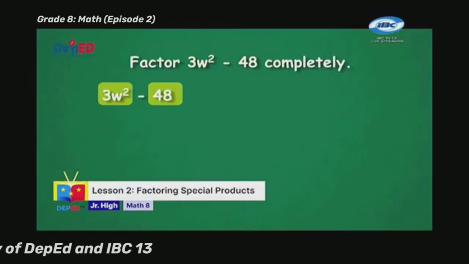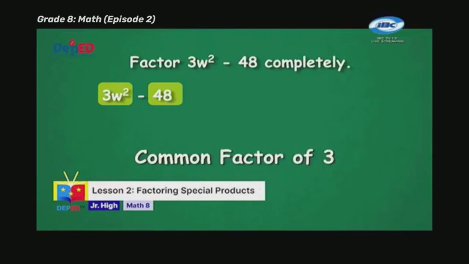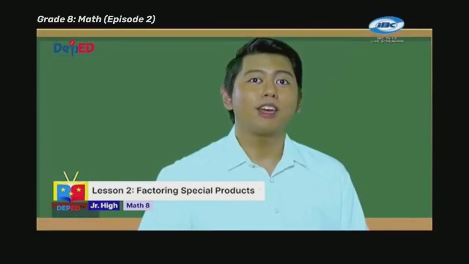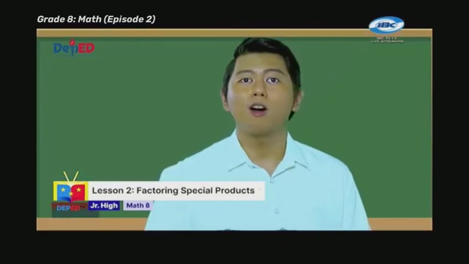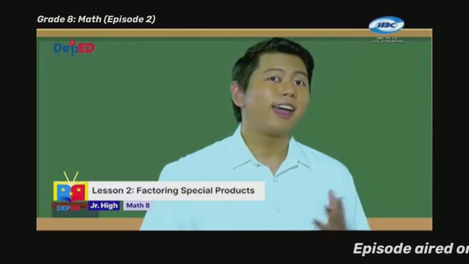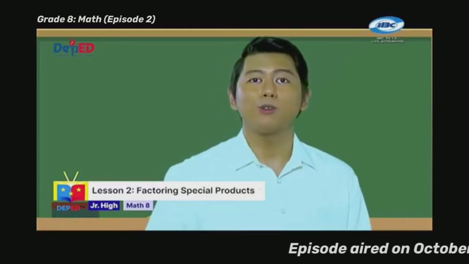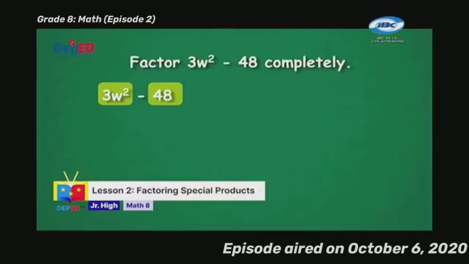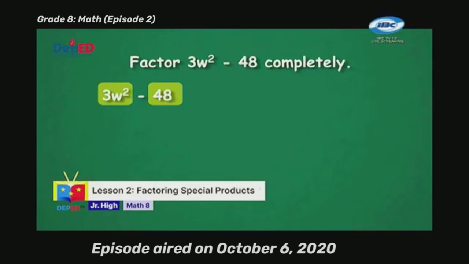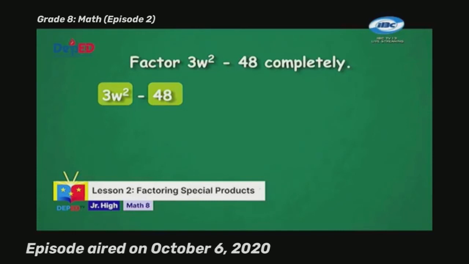No, they are not. What else can we do to factor the polynomial? Note that both terms have a common factor of 3. Hence, the binomial can be factored using a combination of the greatest common monomial factor and the sum and difference of two terms. Since we have identified that the greatest common factor of 3w squared minus 48 is 3, we